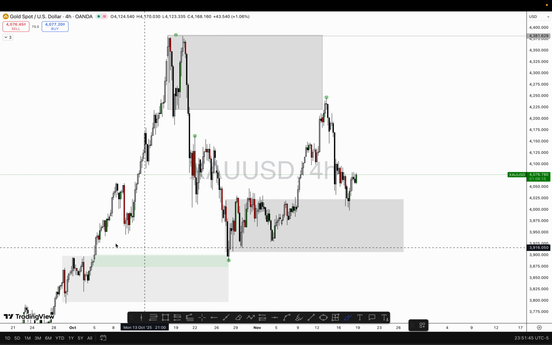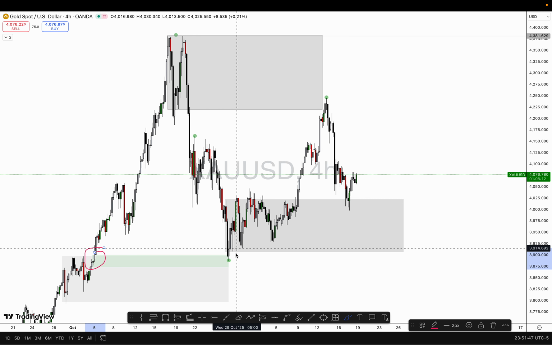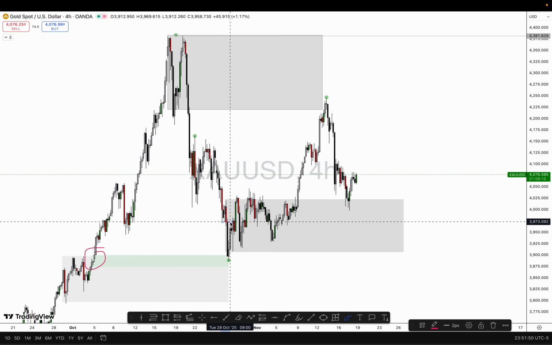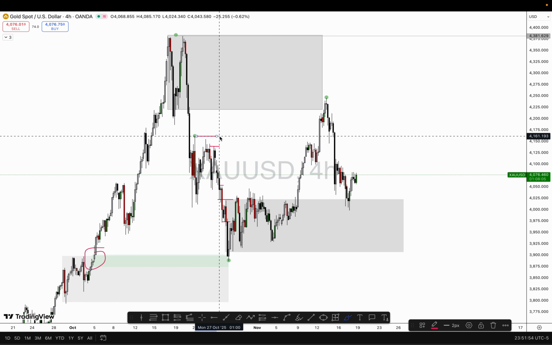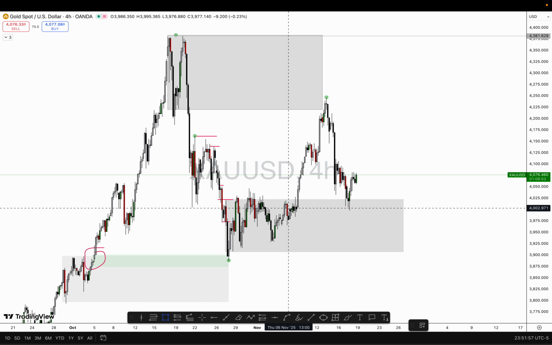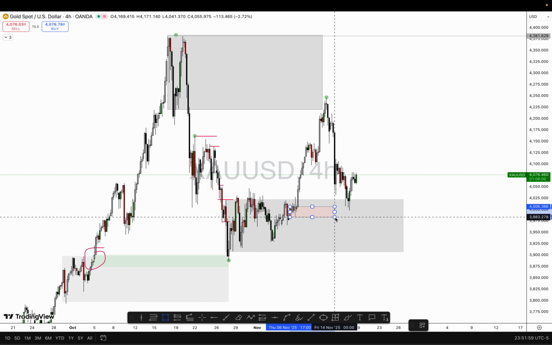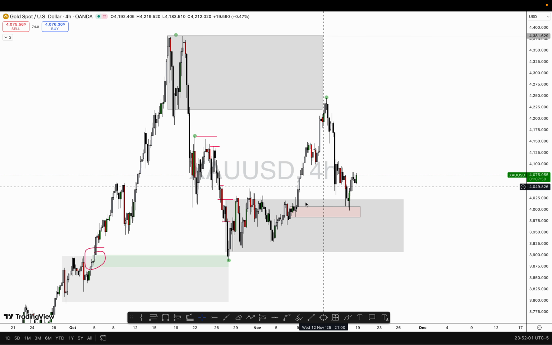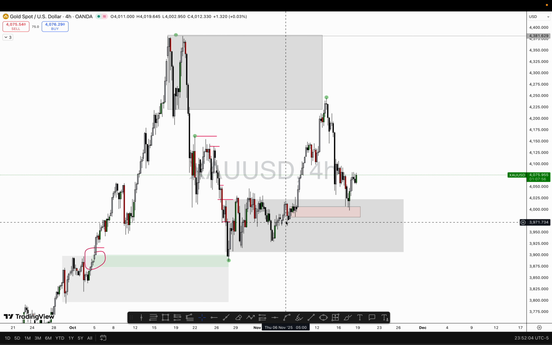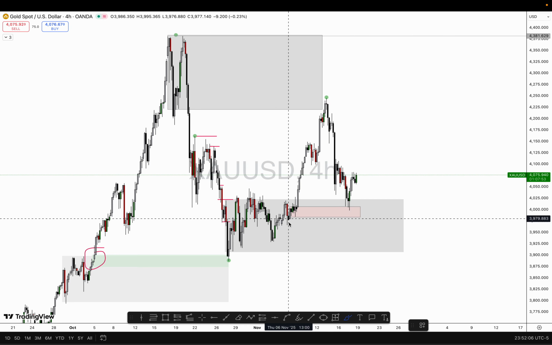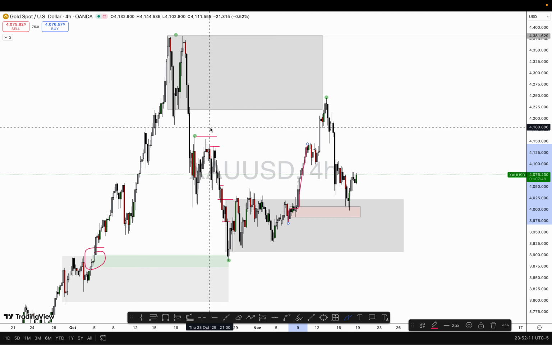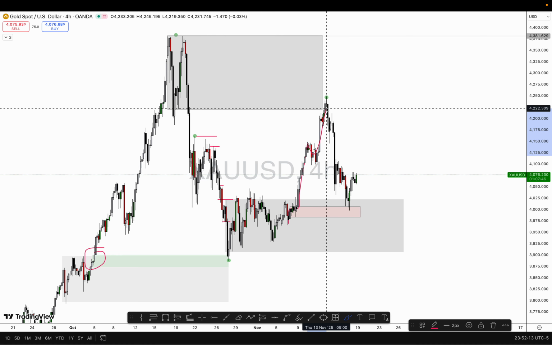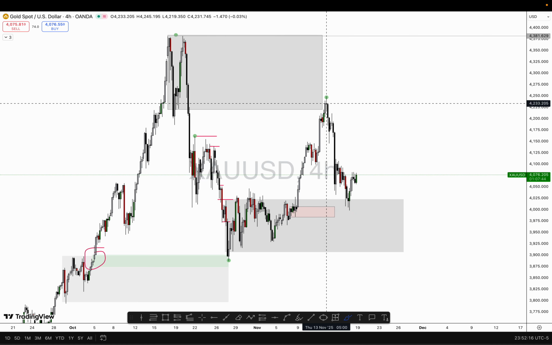So react to this 4-hour level. After this reaction, we removed previous 4-hour supply zones. This would be the demand zone, the drop, the rally base rally, responsible for removing the supply. And that's the zone currently in control.